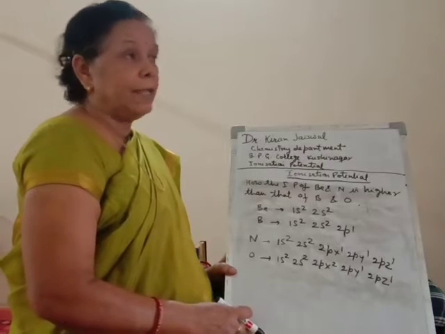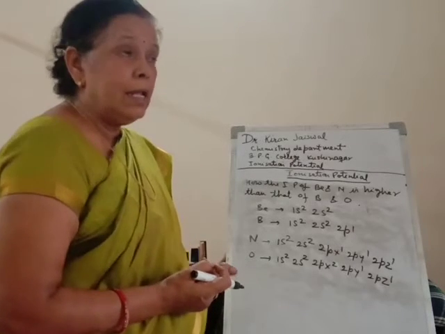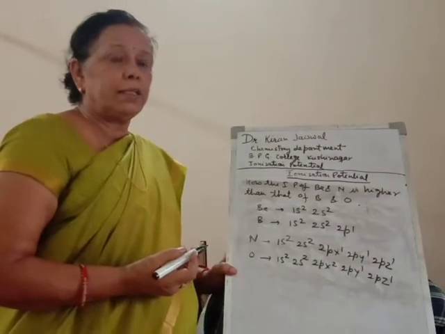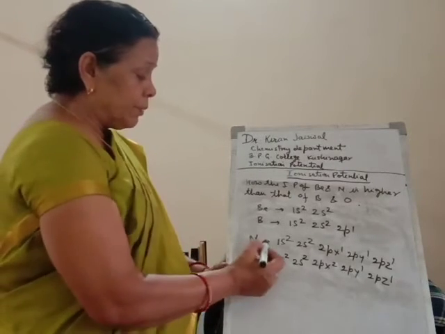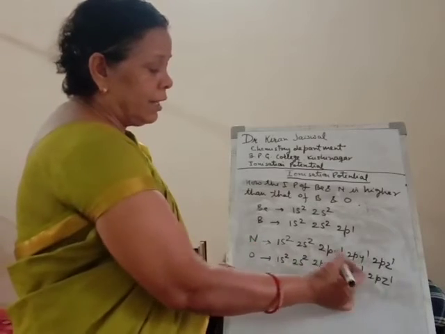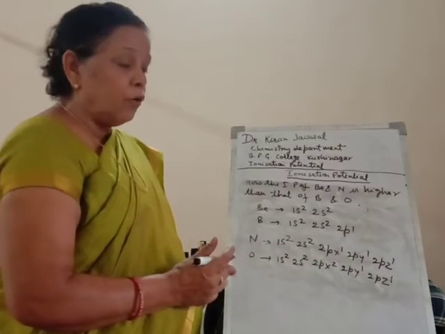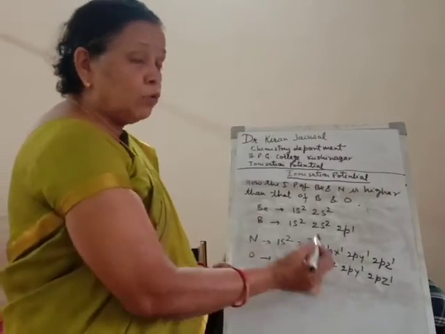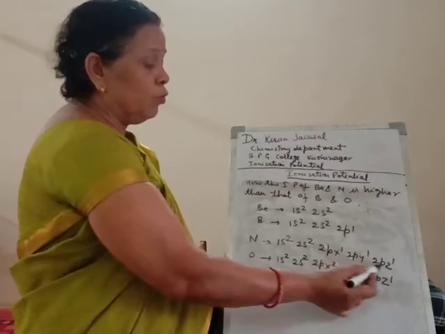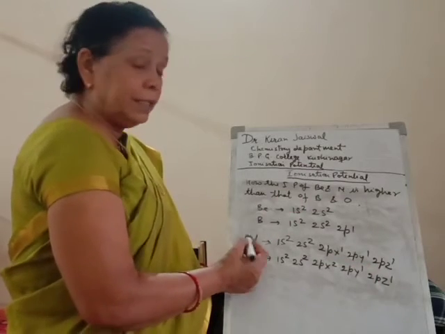As we know, the p orbital can hold a maximum of 6 electrons. In the case of nitrogen, there are 3 electrons in the p orbital, which is a half-filled orbital, which is stable. So a large amount of energy will be required to remove the electron from the p orbital of nitrogen